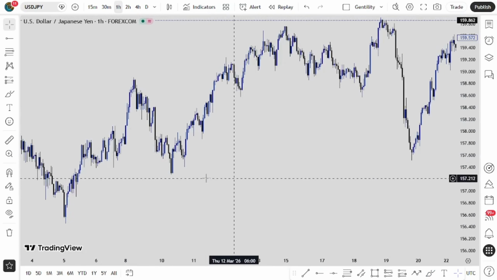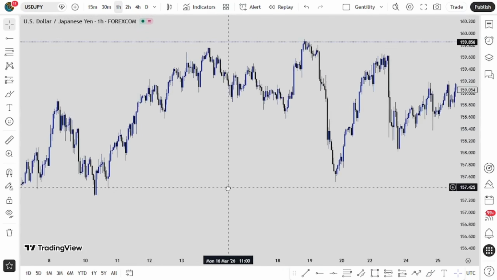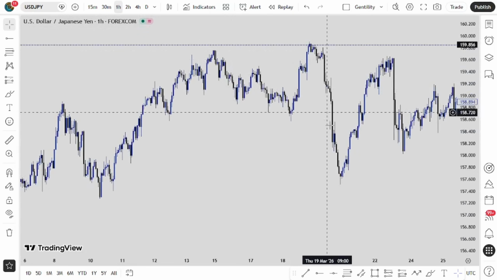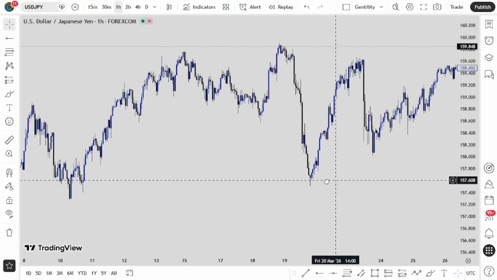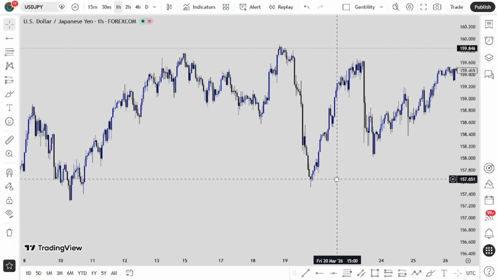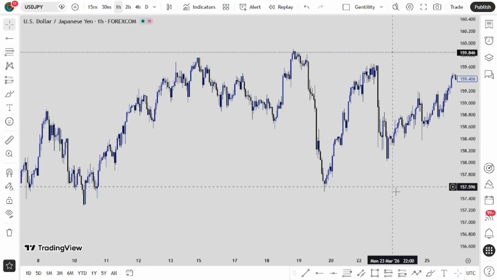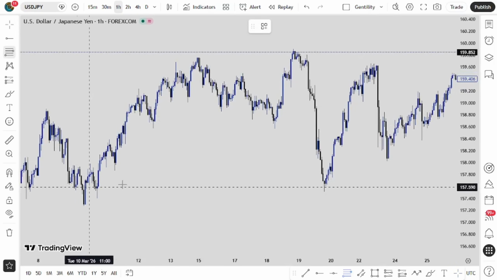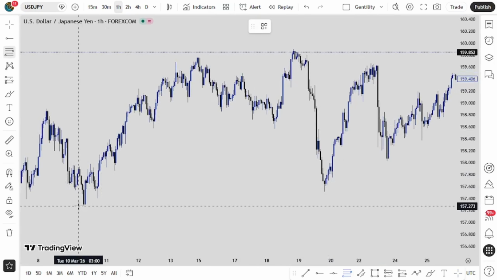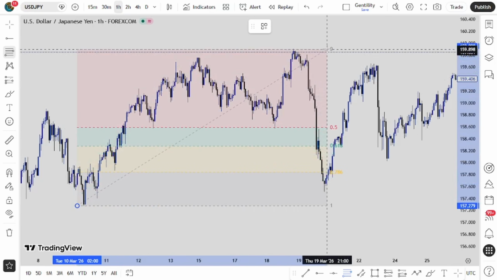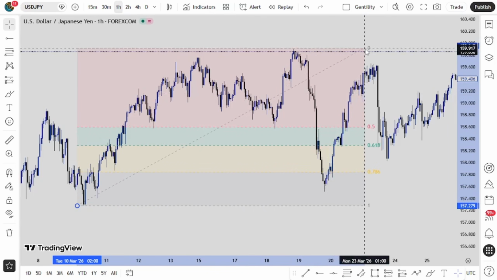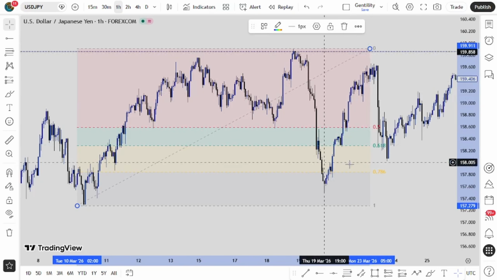Now, let me delete this and let us see more examples. Let's say you were not able to catch this particular move, but you wanted to catch this move and this particular trade. I took this trade and it hit my profit target, I think last night or this morning. So let's say you were not able to take the first trade I showed you. All you have to do is come here, the recent swing low, you drag it all the way to the recent swing high,